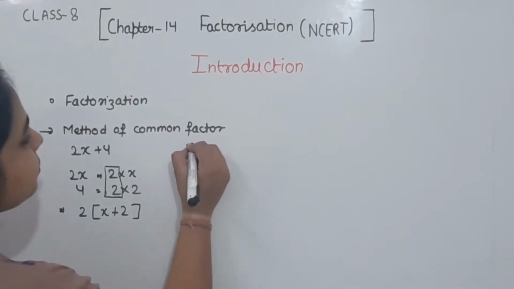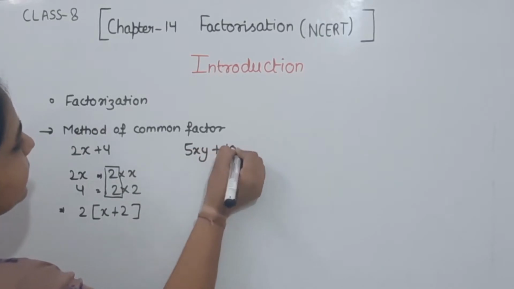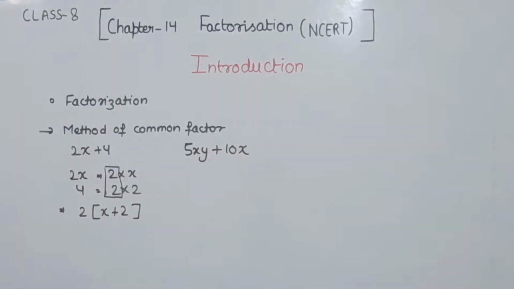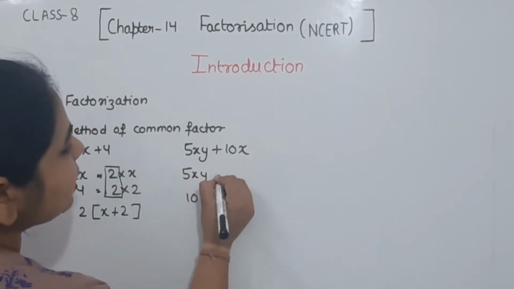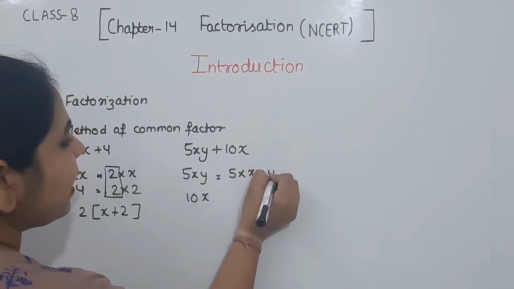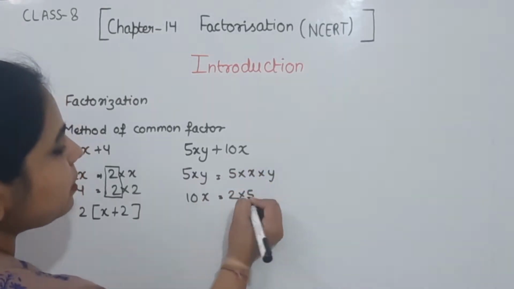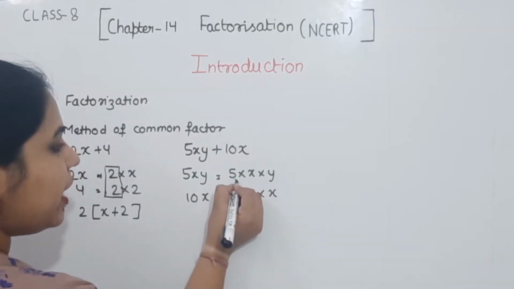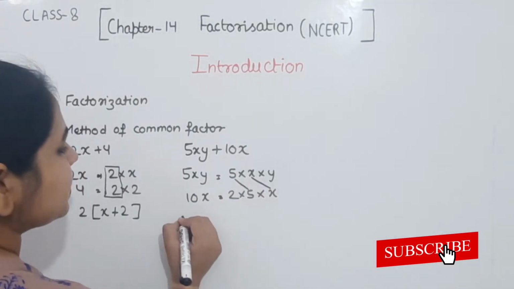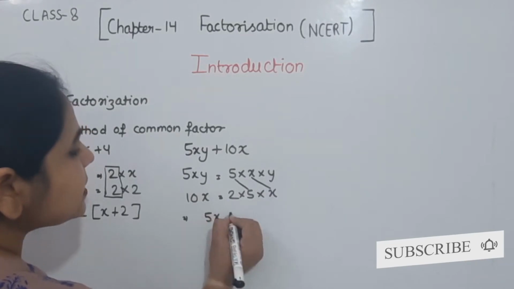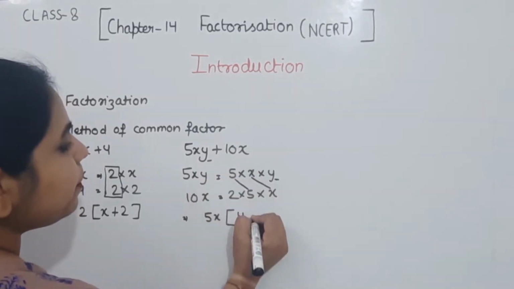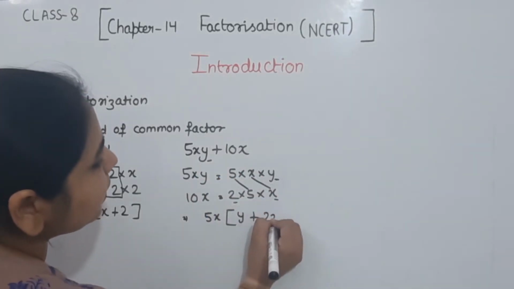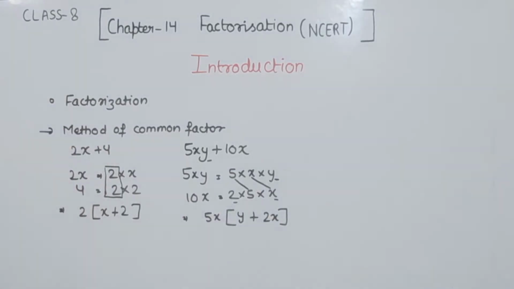Now take the another example. We will have the 5xy plus 10x. This one we are having. Now we are going to find the factors of both the terms here. So this one we are having is the 5 multiplied by x multiplied by y, and here 2 multiplied by 5, 5 2s are 10 multiplied by x we are having. Now we will have the common factor is the 5 and the x here. So I am going to take 5 and x outside the bracket. So we will have y only the remainder here. So I am going to write here y plus here we will have 2 and x. So I am going to write here 2 multiplied by x. So this is the factor we are having when we are using the method of the common factor.